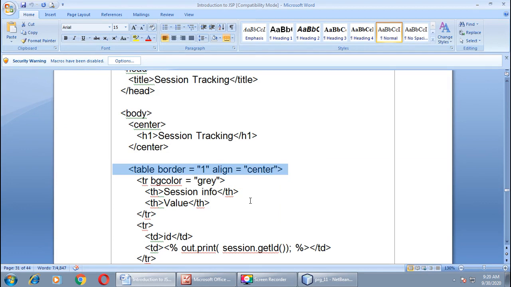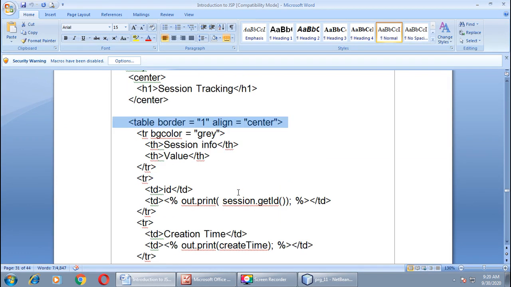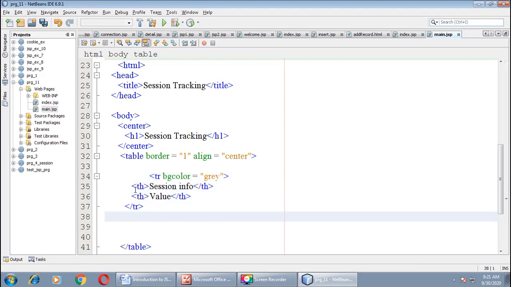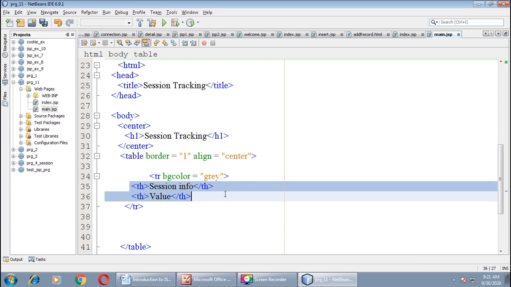Okay, now in the first tr we will change the color of this tr, and here we want to define 2 columns. So I took th twice in this tr: session info and value.